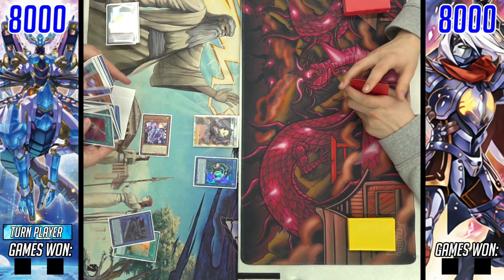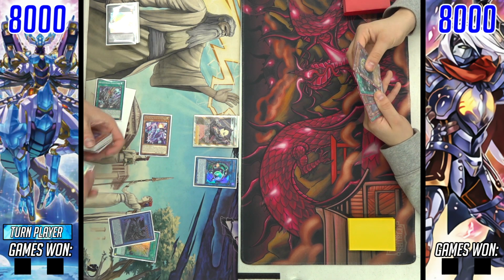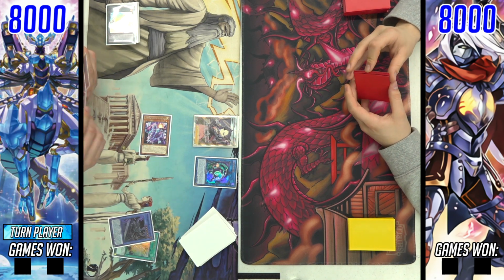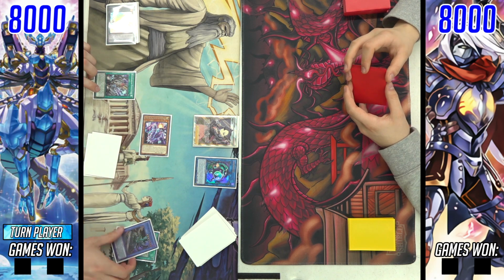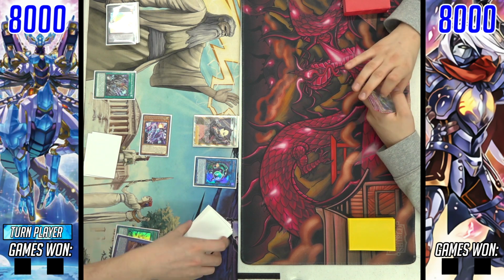But he is going to have a very tough matchup. We know Drytron to be one of the better decks this format. Definitely a tier 1 contender. We'll see how well DDD will fare. But starting off here, a pretty solid play: Drytron Nova, classic, into Link Karibo, trying to set up